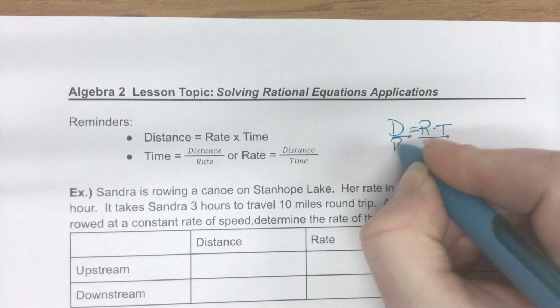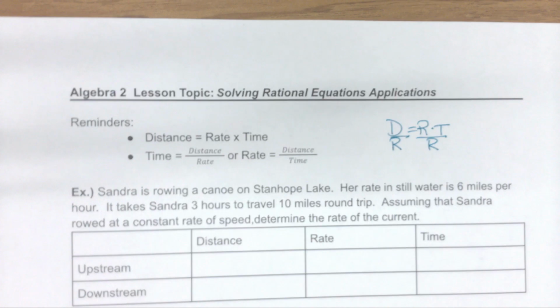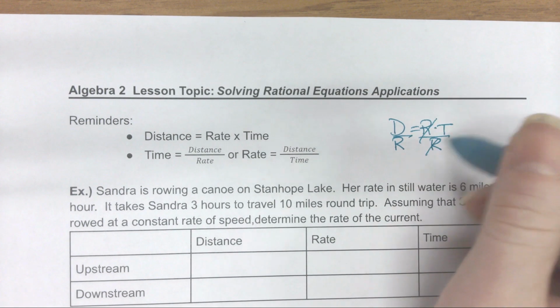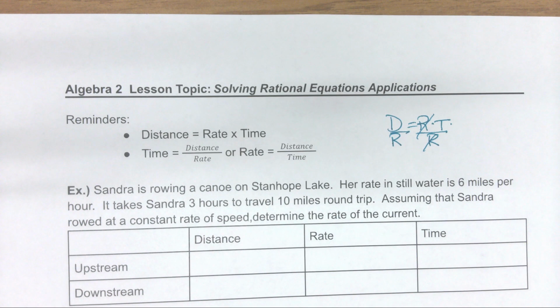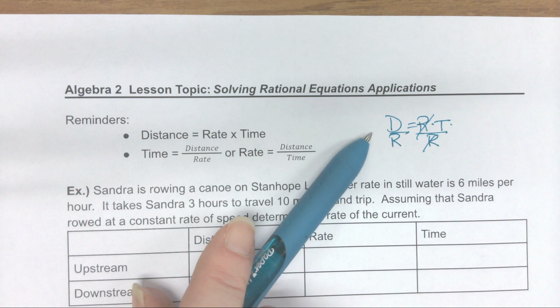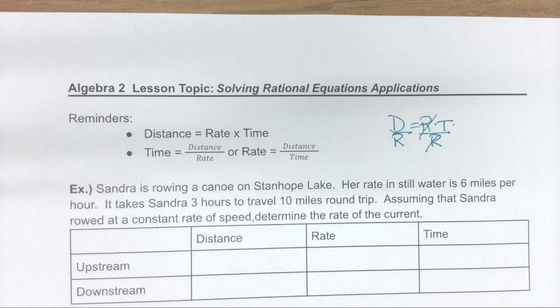So for the questions today, one of the things that you're going to be asked to do is to write an expression for time, and the way that you are going to do that is you are going to take the distance divided by its rate. Okay, Megan, in some of these questions you're going to notice I'm going to have a down and back trip, and in that case the distances are going to be the same. Okay, and then I might tell you what the times add up to be or something like that.